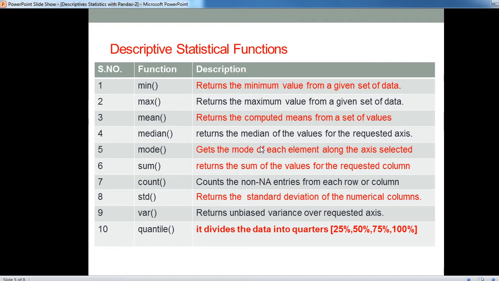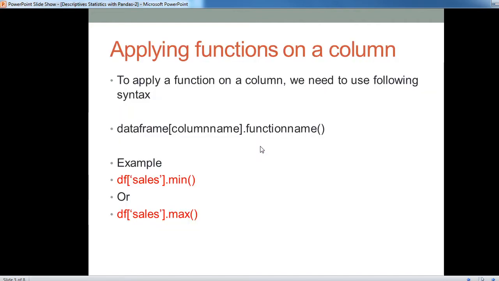In this video we learn the following. Number 1, applying a function on a column. If you want to apply any function on a single column, we need to use the following syntax: name of data frame in bracket, name of column, dot function name.